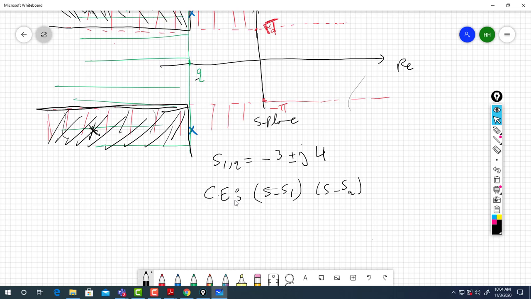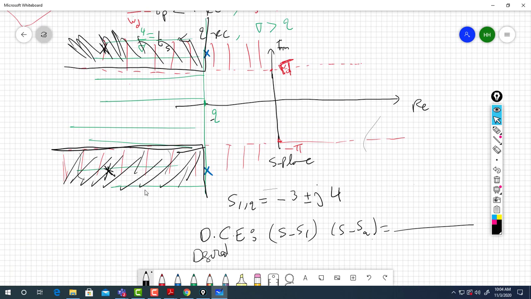So (s minus s1)(s minus s2), assuming s1 and s2 are negative. So you can find that second order polynomial, which is the denominator of your desired closed loop poles. Here we call it the desired characteristic equation, because I desire to have poles here,